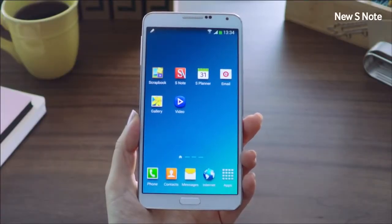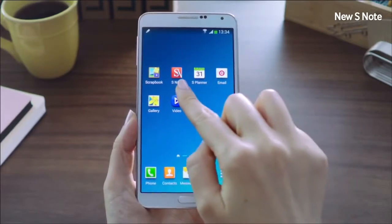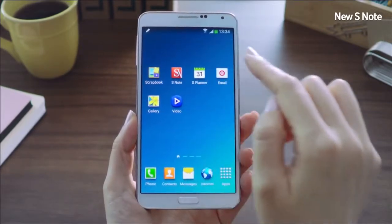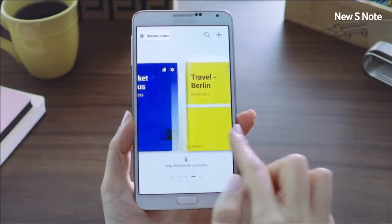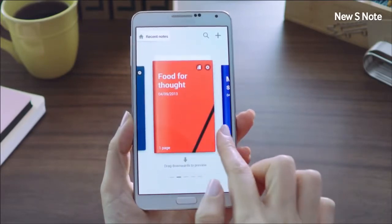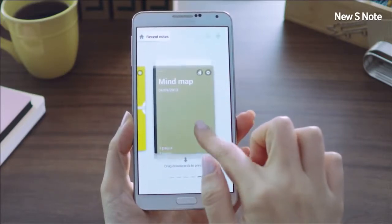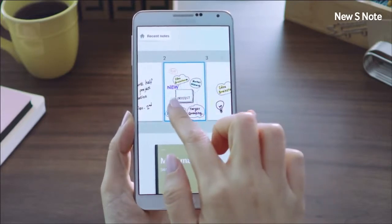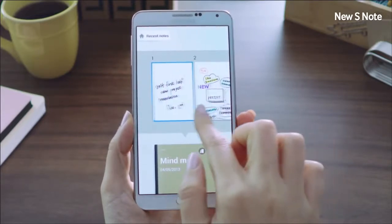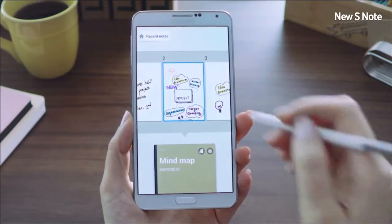Now, let me introduce you to our new version of the S Note. The new improved S Note presents a comprehensive solution that lets you easily write, organize, and edit with a simple user interface. You can also preview a lot more information by dragging down a note and easily look through all your pages. Now let's say I want to edit this page right here, so let me bring up my